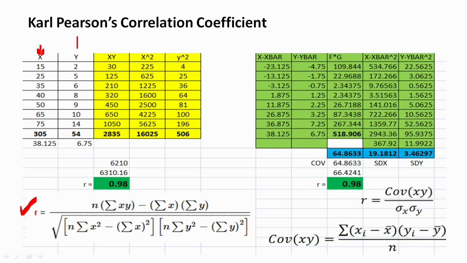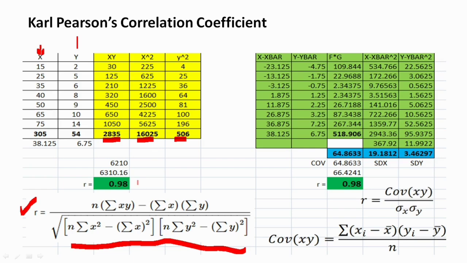For that, first we use this approach here. First we find out the values of X, Y. Here the values of X, Y are determined and their summation is also determined. Then we find out X square and Y square, which is required for this formula. This is the formula that we are going to use. All of you have to find out all these values by using your calculator and formulate one standard table and put the values in this formula. You will get the